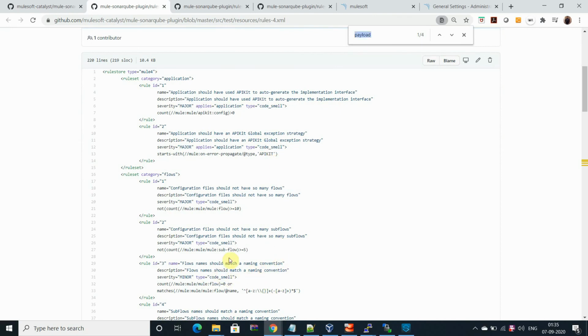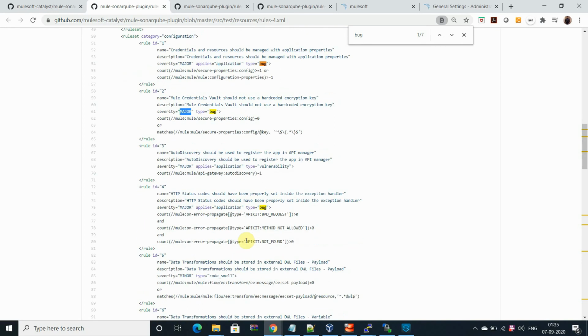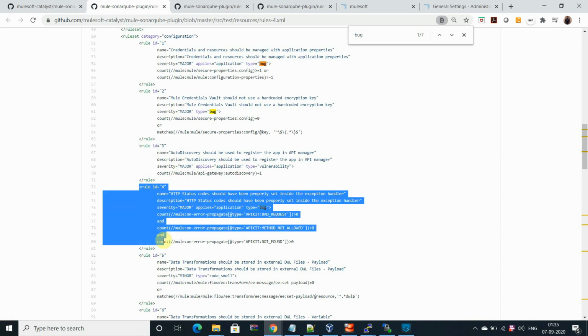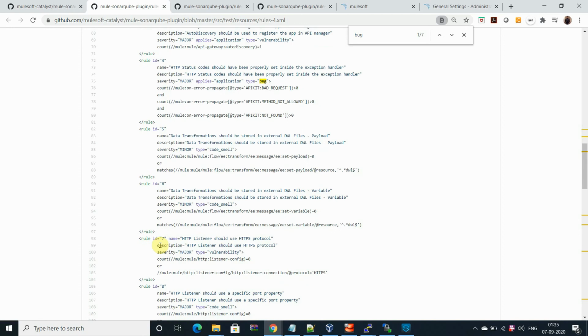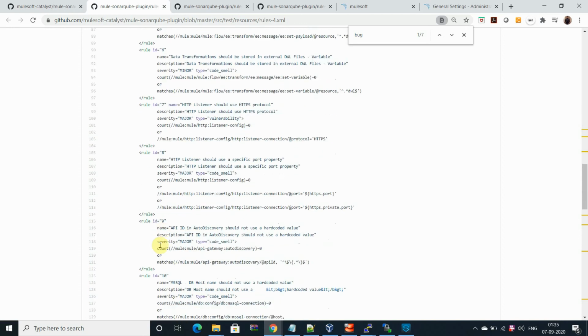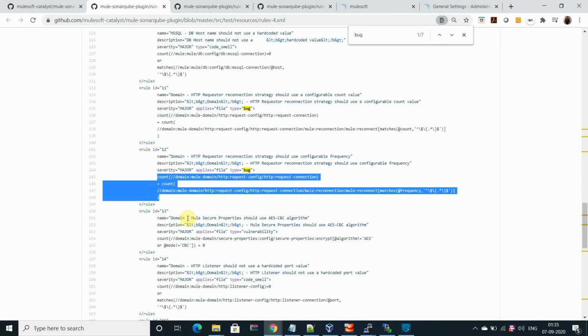You can see the bug. Okay, all of it is there, so definitely you can modify it based on your requirement. Okay, it's configurable. You can modify it here, and definitely it works. Apart from that, you can try to add a new rule, and that will work as well based on its efficiency. You need to validate whatever rules you are creating, and they should perform exactly as required.